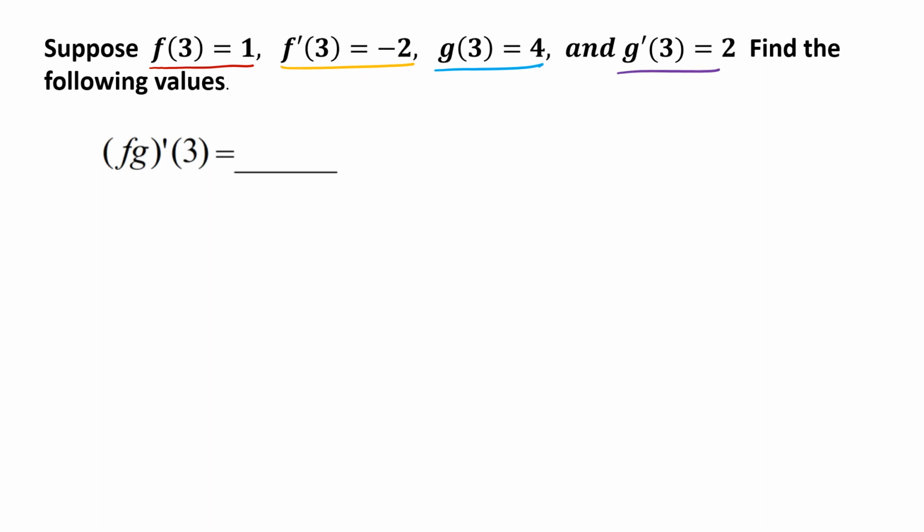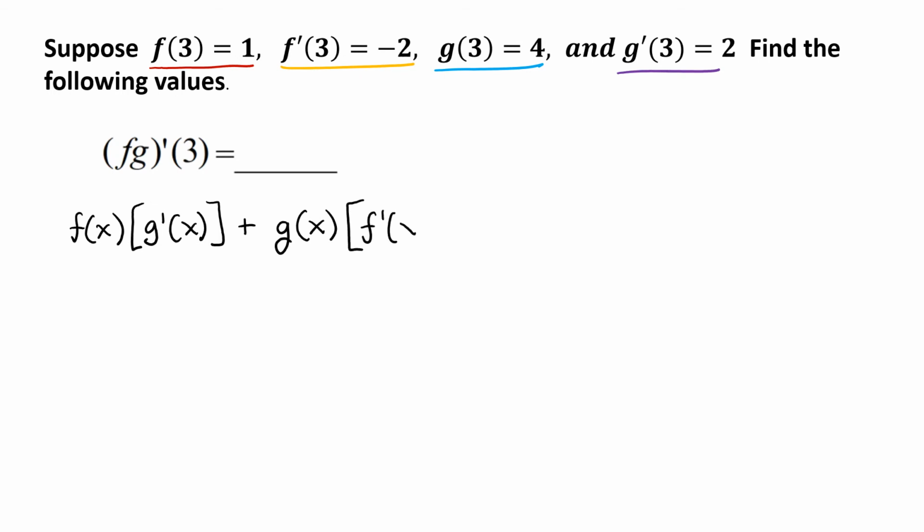It's f of x times g of x. So this will be equal to, using our product rule, f of x times the derivative of g of x, so times g prime of x, plus g of x times the derivative of f of x, which is f prime of x,